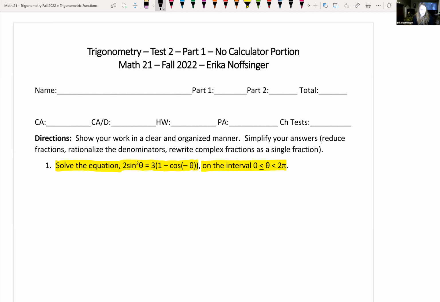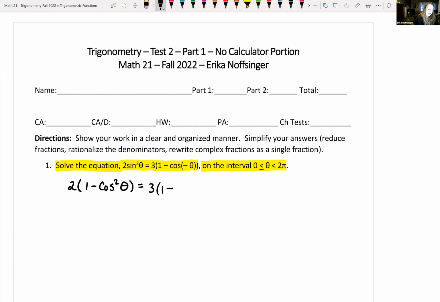Since I have sine squared theta, I can use my trigonometric identity, cosine squared theta plus sine squared theta equals 1, and solve for sine squared theta in terms of cosine squared theta. So we would get 2 times 1 minus cosine squared theta is equal to 3 times 1 minus